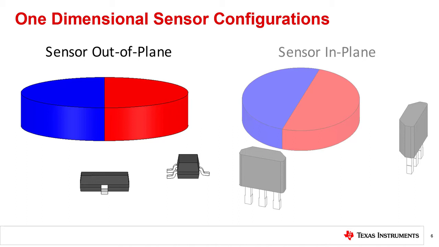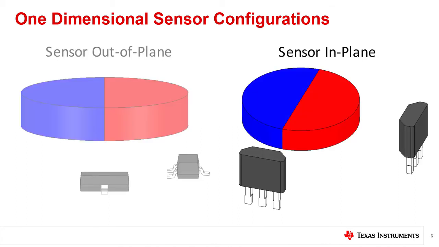In this position, the sensors will be sensitive to the z component of the vector. A second option is to use through-hole devices which are placed coplanar or in plane with the magnet polarization. Sensors in this location will detect the field directed radially outward from the magnet.